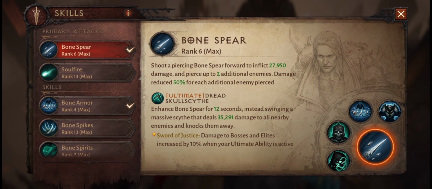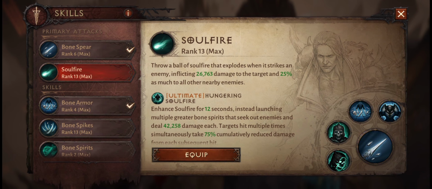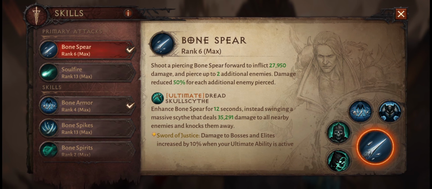You get 27,950 damage and the damage is reduced by 50% for each additional enemy pierced, but at least it goes through those enemies. I did try this with Soulfire to begin with. Soulfire is still pretty decent, and I love the ultimate for Soulfire, but I switched to Bone Spear,